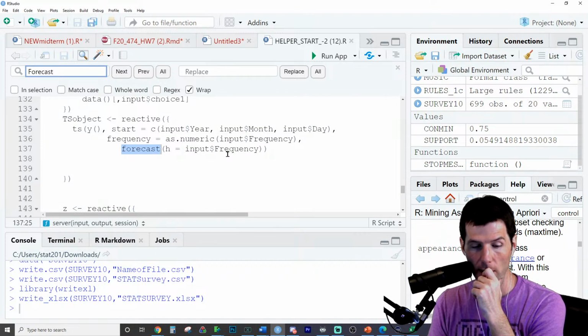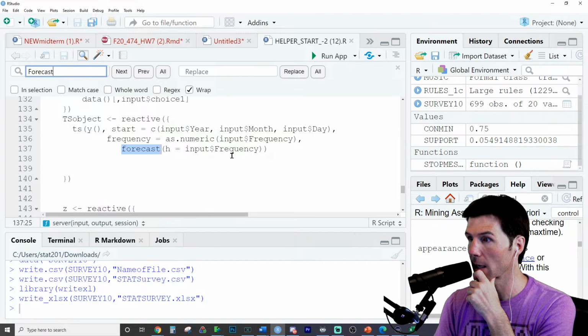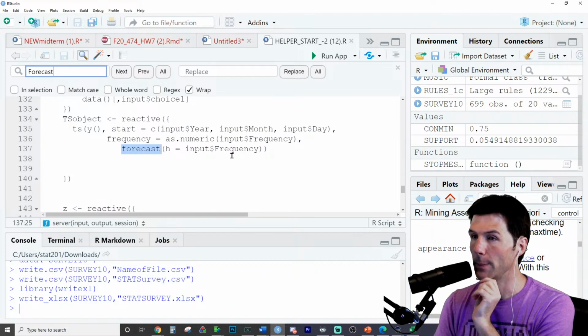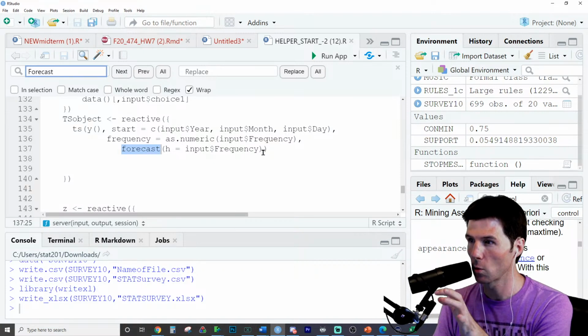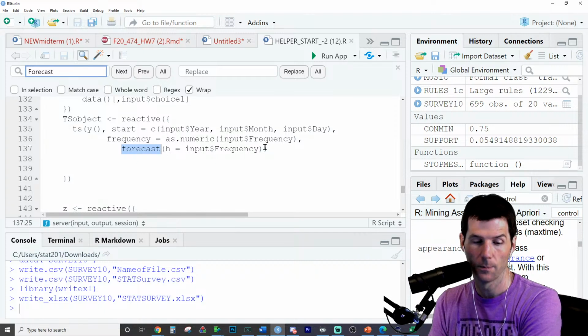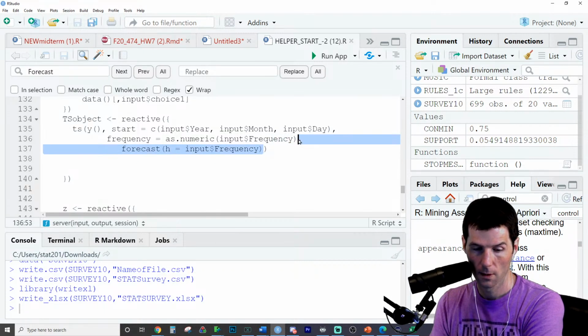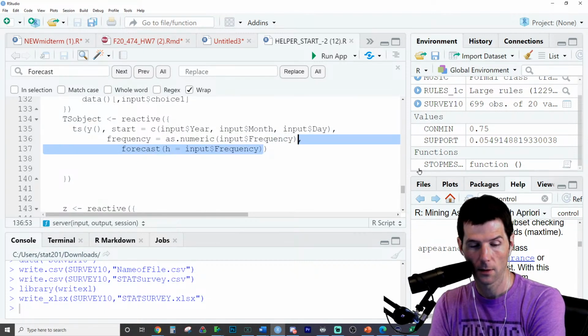Time series doesn't take a forecast argument. I don't think that can be put in there. So where would the forecasting be done? What we want to make, so we're just going to move this out right here.